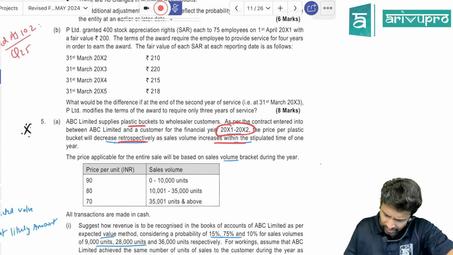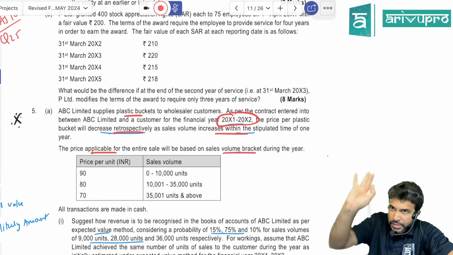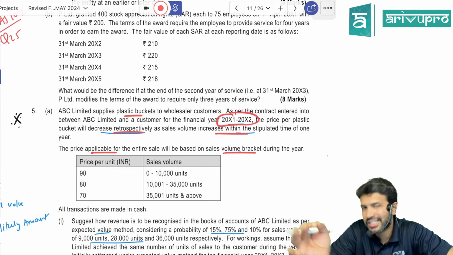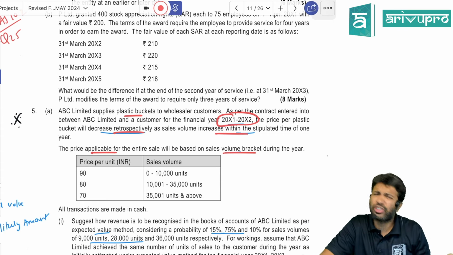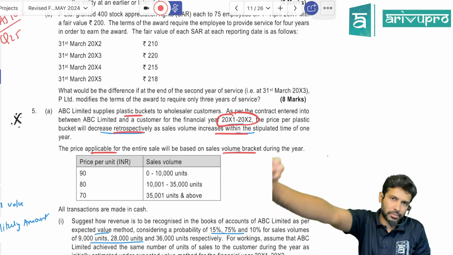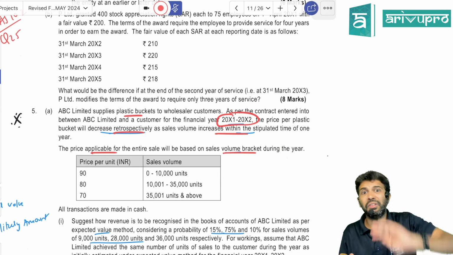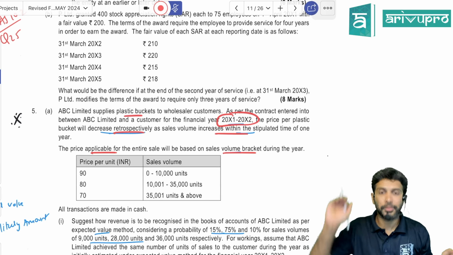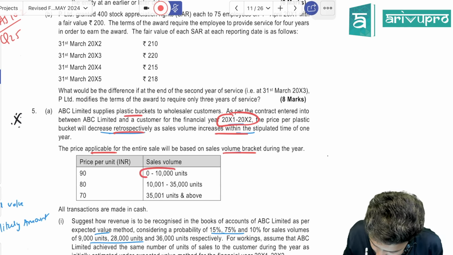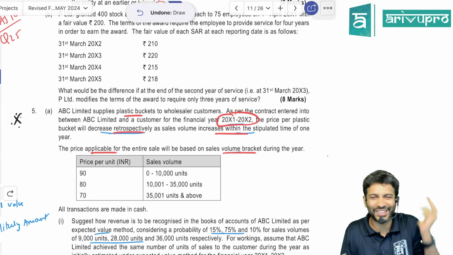What is that? We are telling the customer the price applicable for the entire sale will be based on volume. How much price per plastic bucket we will charge depends on how much volume the customer buys. It's common sense, no? The more the customer buys, we will give a discount. But here, we have made an agreement that we will give discount not on a futuristic basis, but on a retrospective basis. Meaning, if the customer buys anywhere between 1 to 10,000 units,